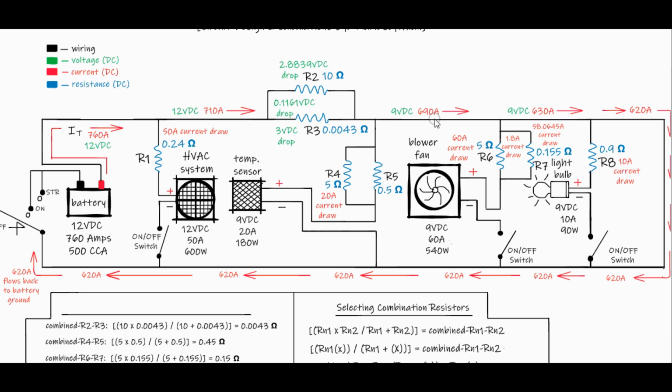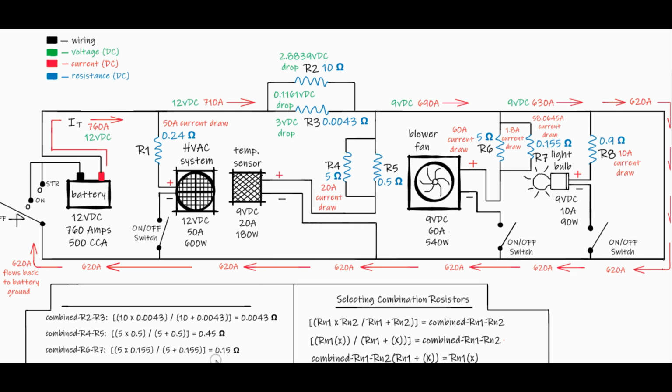Now we have 690 amps flowing to the third parallel circuit, which does have an on-off switch, just like the HVAC system. R6 and R7 in parallel have a combined total resistance of 0.15 ohms using the product sum rule. So when 9 volts is divided by 0.15 ohms, 60 amps of current will be drawn to power the blower fan. This then leaves us with 630 amps of current,